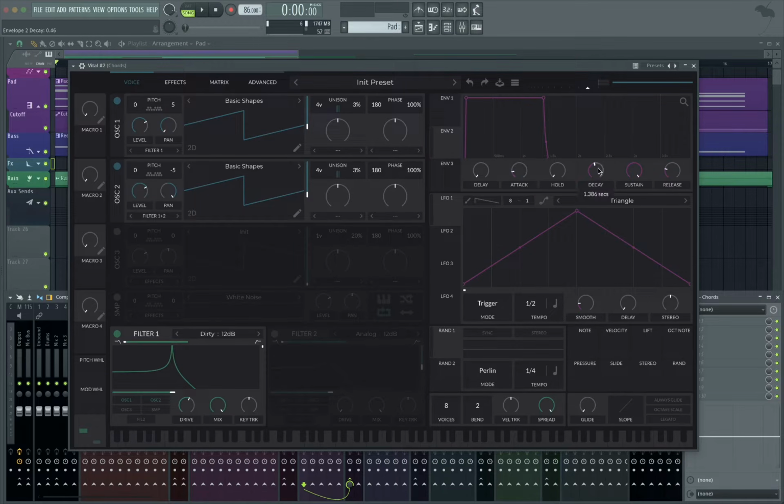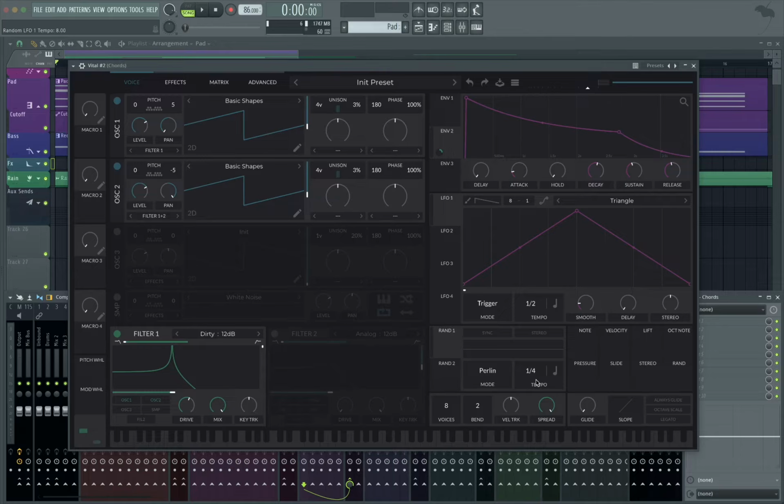This time, give it a short attack, a long decay, set the sustain just under halfway, and turn up the release. Then link it to the filter 1 cutoff to give the pad a bit of harmonic movement at the start of every chord. Along with that, we're also going to link it to random 1 to give it a